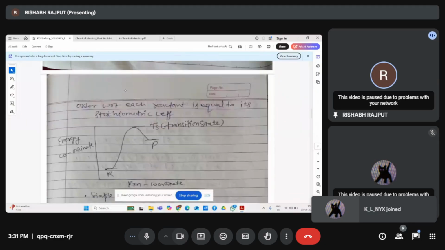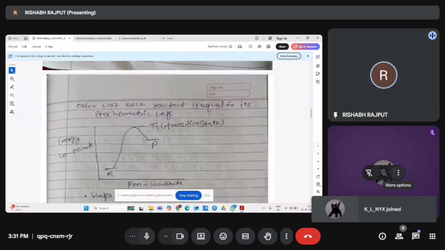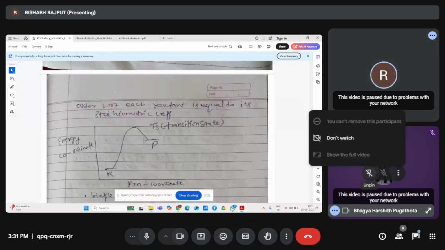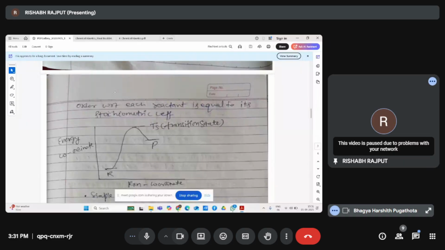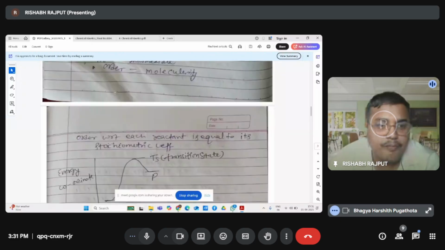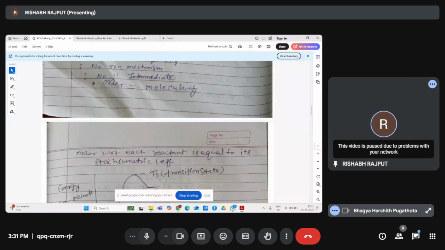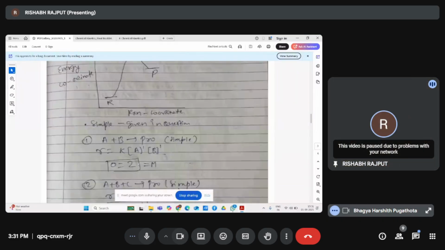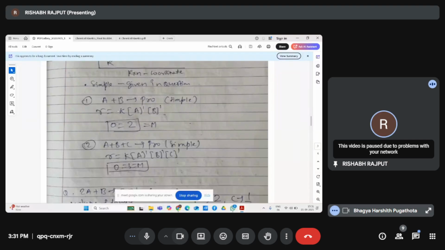In a simple step reaction, your order value for each reactant is equal to the stoichiometric coefficient, for simple reactions only. Please remember, two points are very important. For a simple reaction, your order is equal to molecularity, and the order with respect to a reactant is equal to its stoichiometric coefficient. I will explain just like this. If you have a reaction A plus B becoming product, you can see